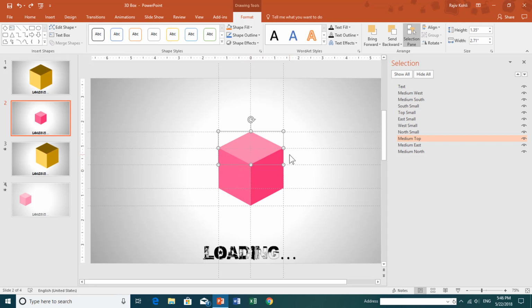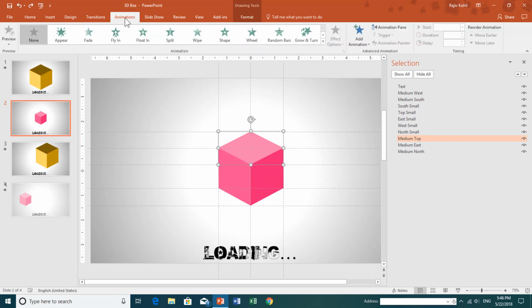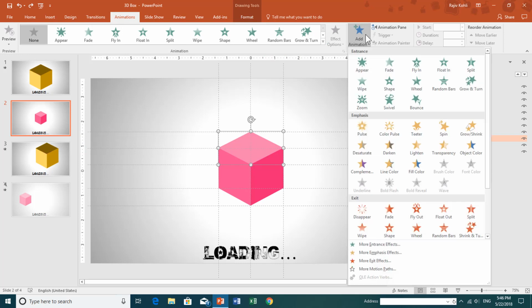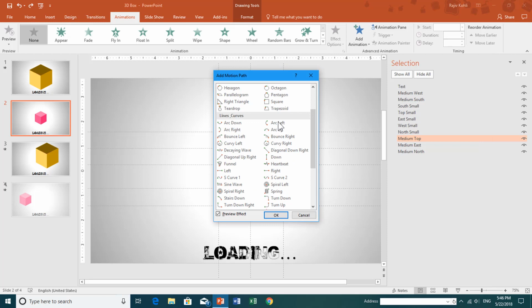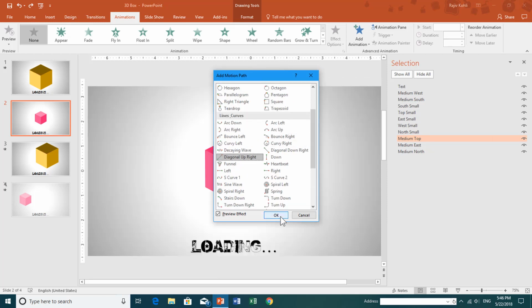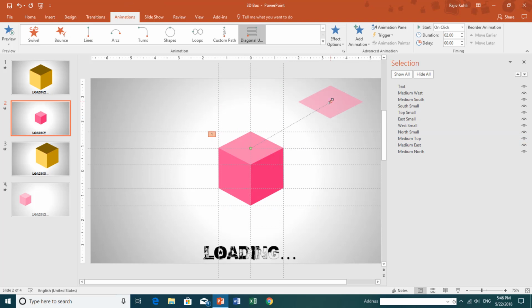So first of all, I am going to animate the top part, and for that go to the Animation tab, click the Add Animation drop-down button and go to More Motion Paths, and here I am going to apply, let's say, Diagonal Up Right. Adjust the path length. I would like to move this top part just right here.